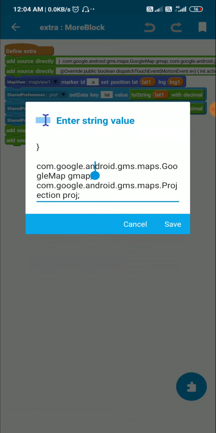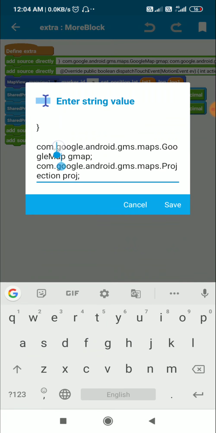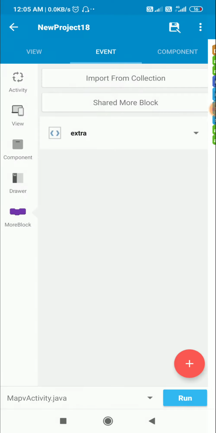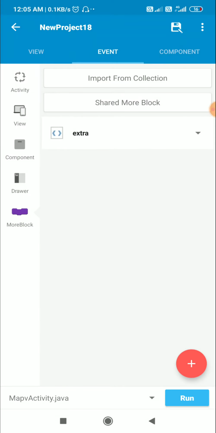Now in between I have declared a Google map, com.google.android.gms.maps.GoogleMap, and the name is gmap. So gmap is a Google map, and I have also defined a projection called proj. So here I have declared that.